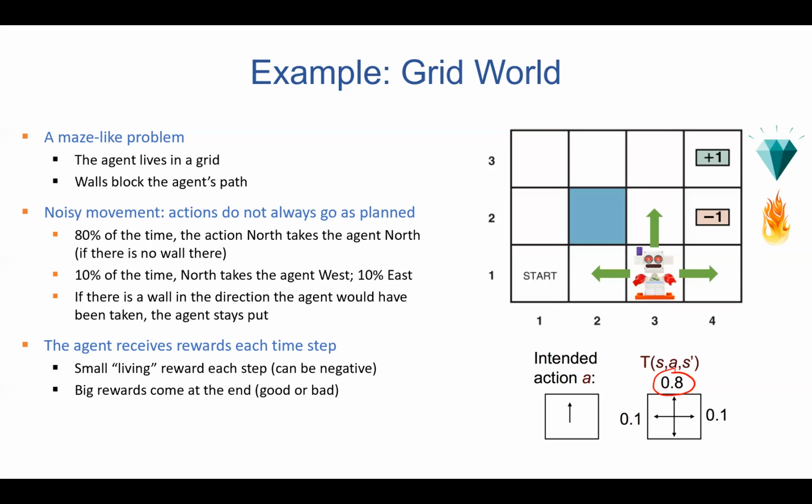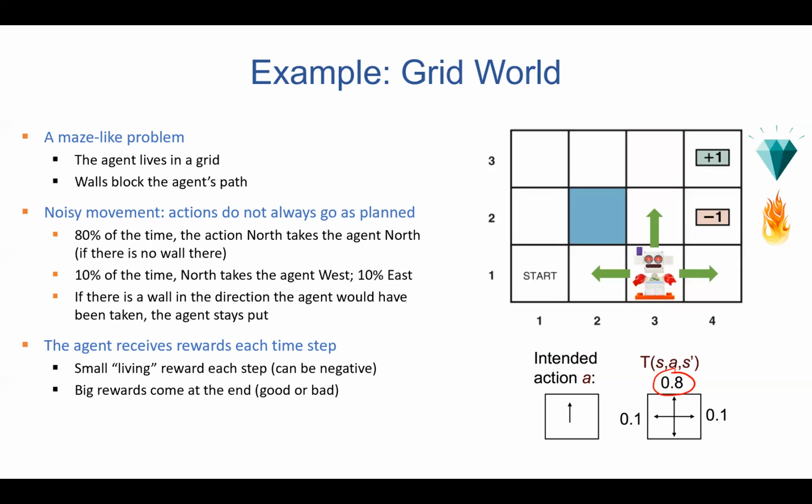Our job will be to maximize our expected utility. So we have the big reward that we get at the end, and then we will have the small living reward at each step. Just like in the Pac-Man game scenario, every single time we walk in the maze, if we don't eat the dot, we get a score of -1. If we eat the dot, we get a score of 10. And then we had the value of the game. But what we did not include was the small living reward and the big reward at the end.